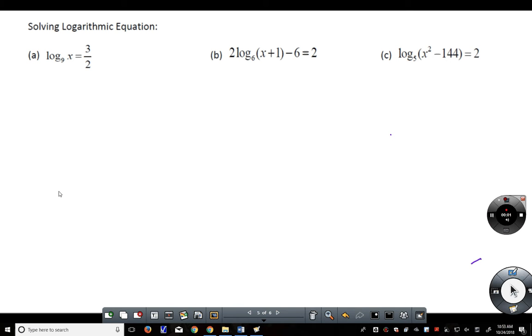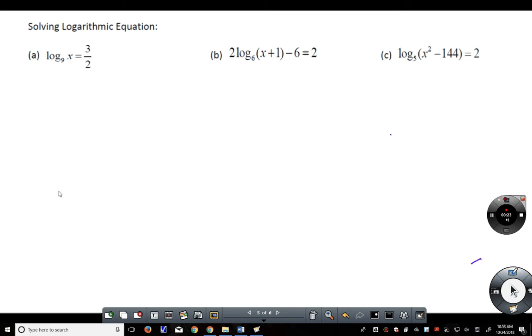This is different than what we just talked about, because there's not a log on both sides where you can just set stuff equal to each other. So when your variable is inside the logarithm, see log base 9 of x. Over here in this equation, you have a log base 6, and then x is in there again. In this equation, you have log base 5, and x is inside there again. You need to get the x out of the logarithm, and the way to do that is to undo the